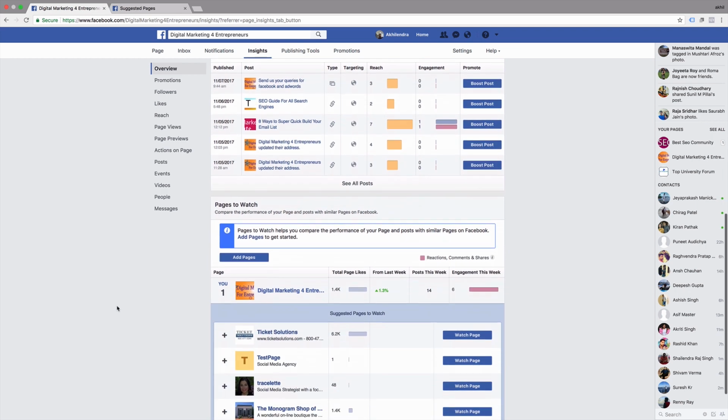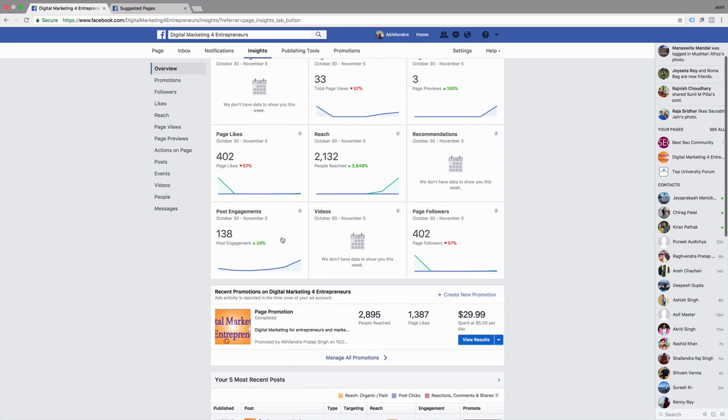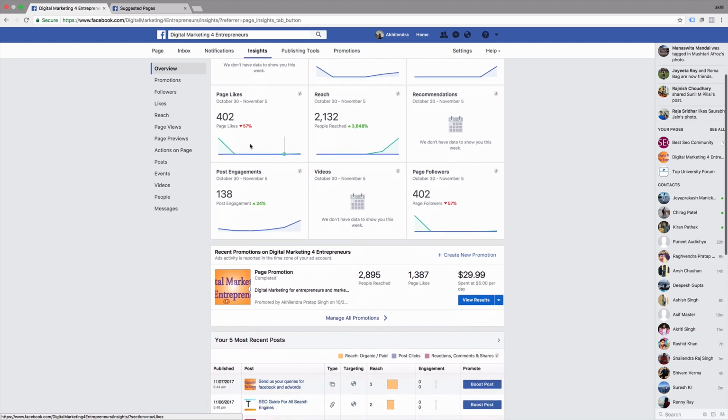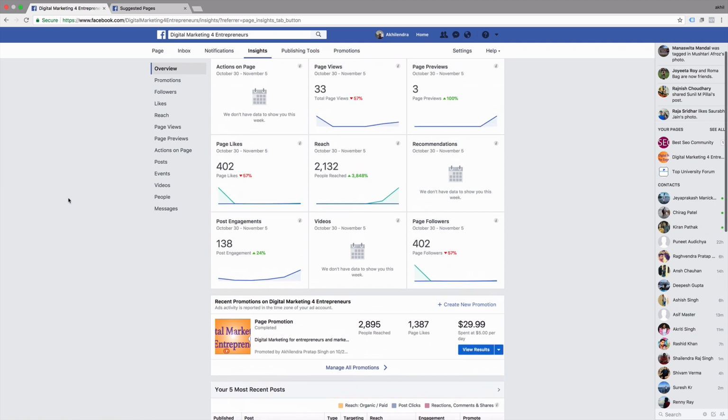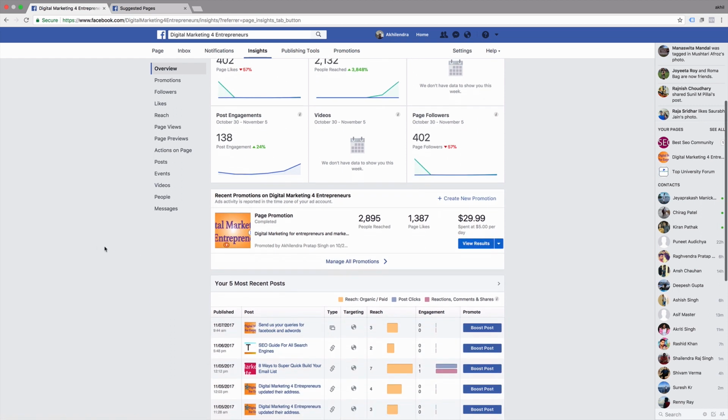So this is new, but once this page gets older, you will have pretty good data here on these graphs. You can see right now these are kind of empty, but with time you will have pretty good understanding and information from this section itself. It's like analytics, it will tell you everything: page likes, reach, views, previews, recommendations, followers, videos, post engagement. And then it will show you the options. If all promotions are not displayed here, you can simply click on manage all promotions and it will open that